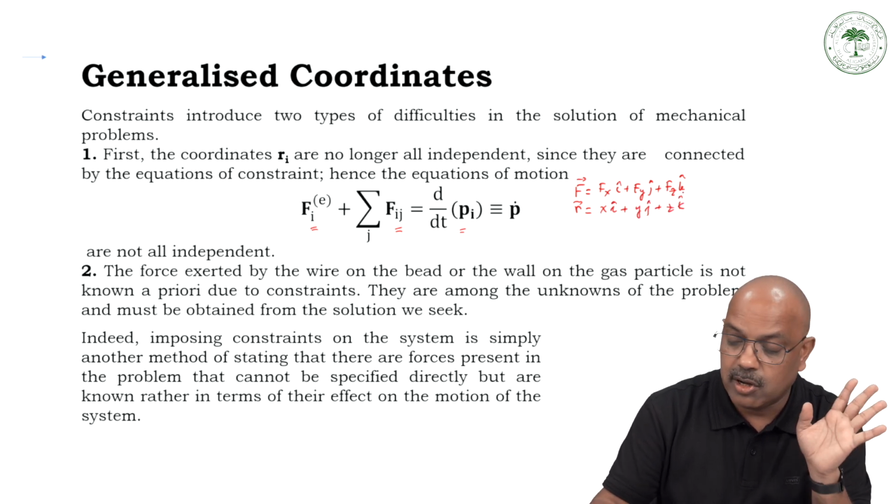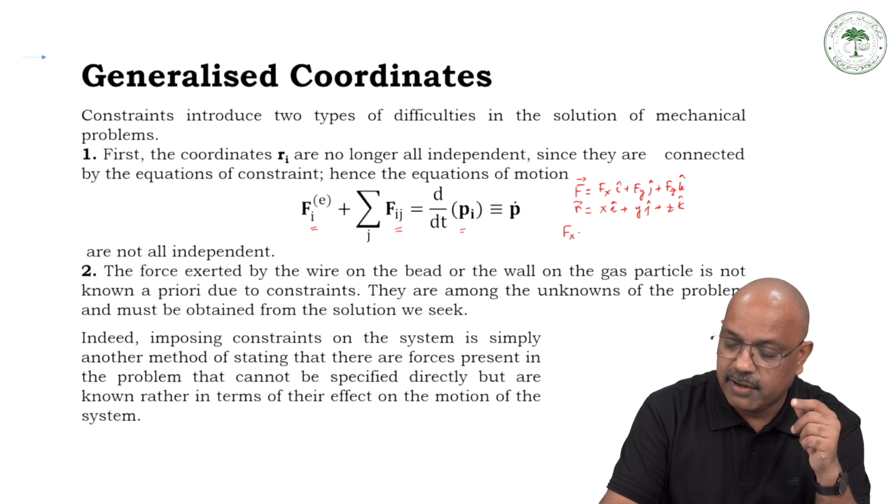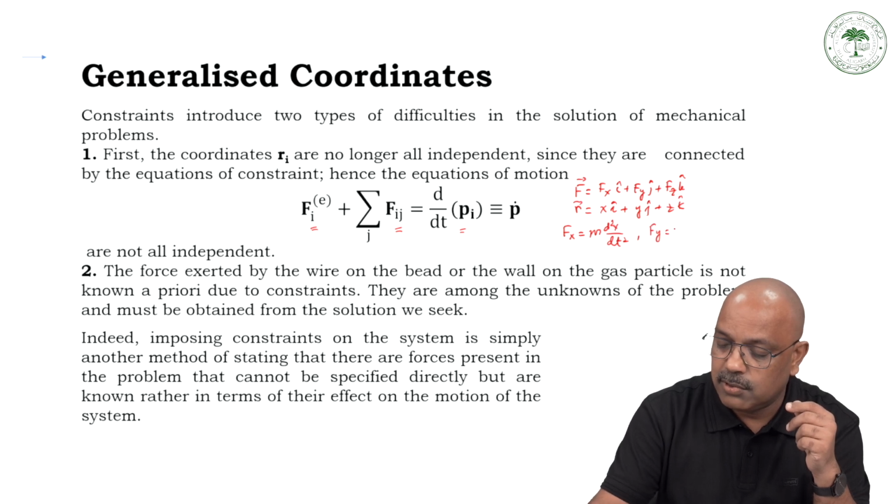So I can write Fx equal to m d2x by dt square, Fy equal to m d2y by dt square,